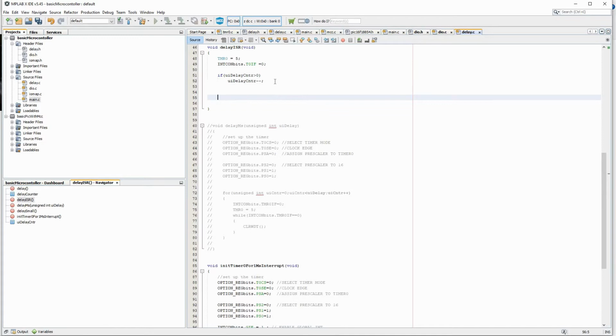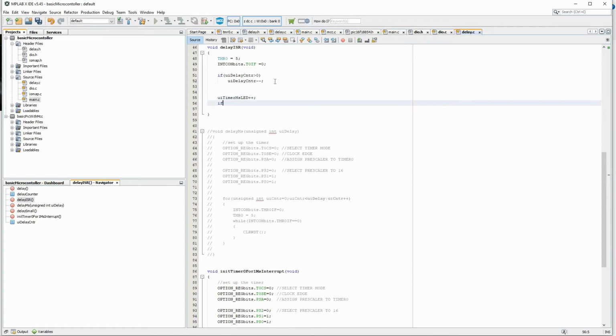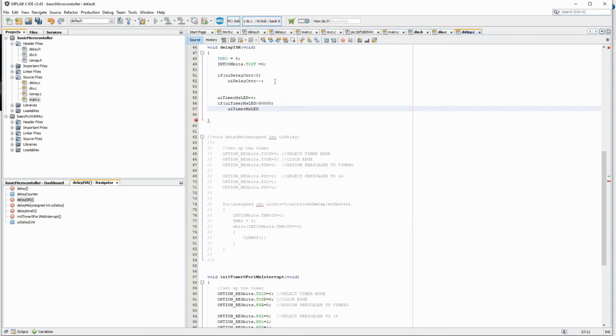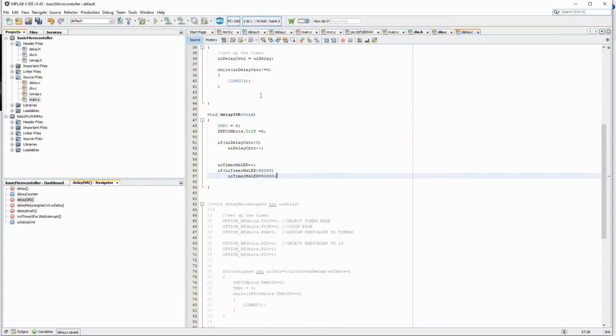Here what I will do is this. I think this is incremented every 1 millisecond. I will increment the timer, and I'll put an upper limit, or else what happened in our case, it is 75,000. If it crosses 75,000, it will come back to 0. I don't want it to happen. So if it's greater than 50,000, I will make it 50,000. So this will never exceed 50,000. Once it hits 50,000, it will stay there.